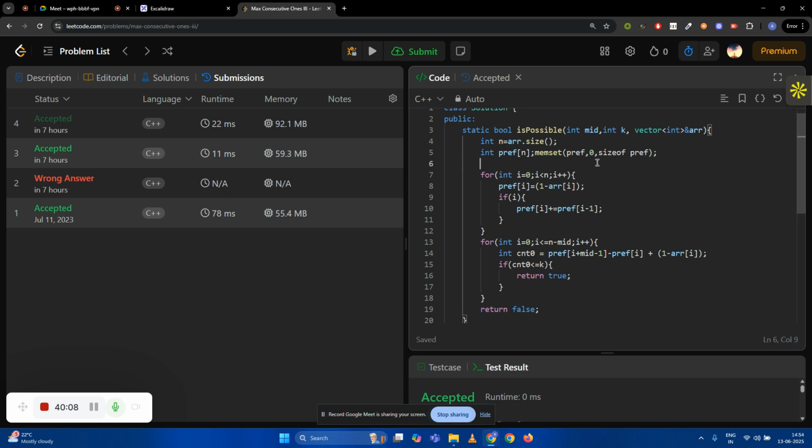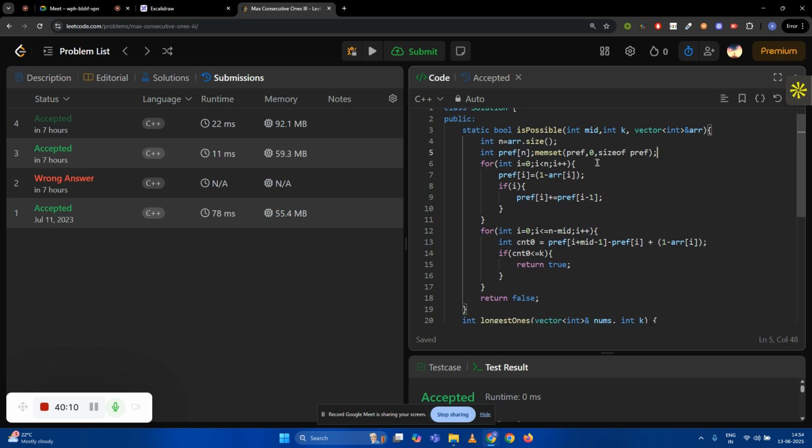So there are two things: passing by reference and passing by value. When you write &, it is passing by reference, and when we remove &, it is passing by value. Passing by value means you are creating a copy of the value and then passing it. But for arrays, suppose here it is a vector, right? But if you were having an array, let's say